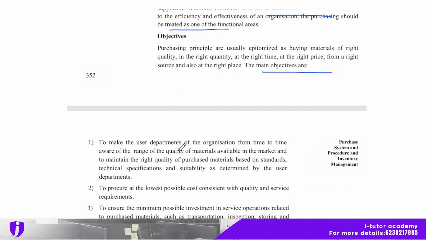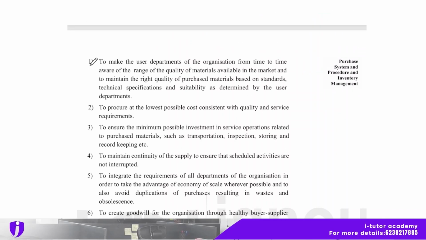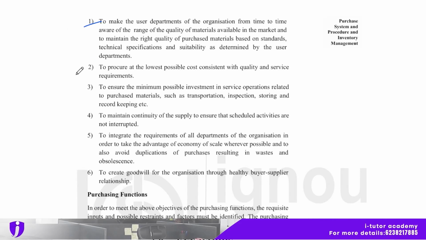The main objectives are to make the user department of the organization from time to time aware of the range of the quality of materials available in the market, and to maintain the right quality of purchased materials based on standards, technical specification, and suitability as determined by the user department, and to procure at the lowest possible cost